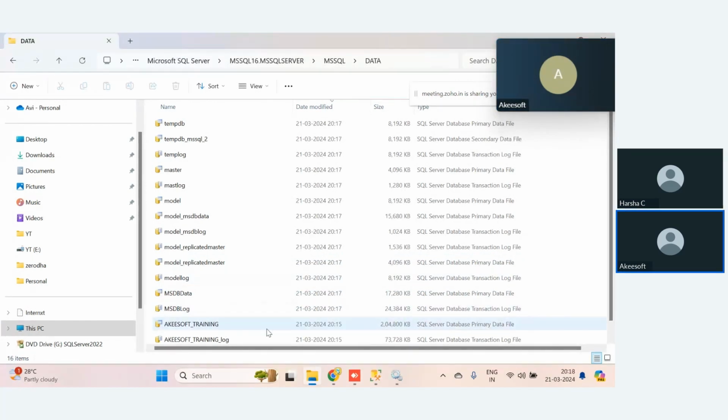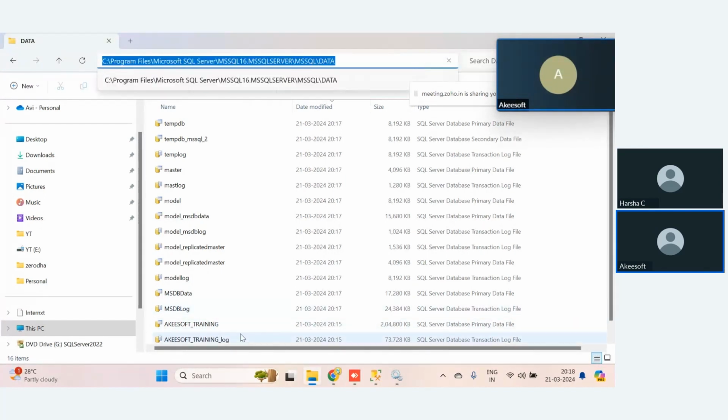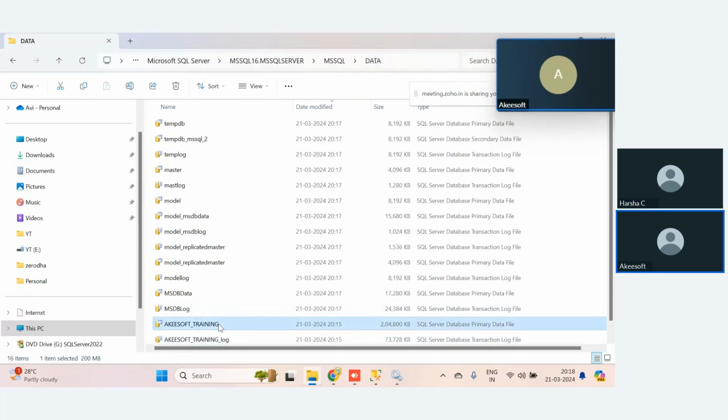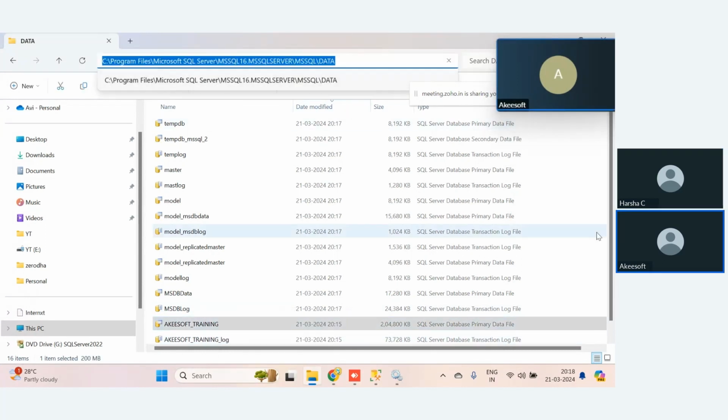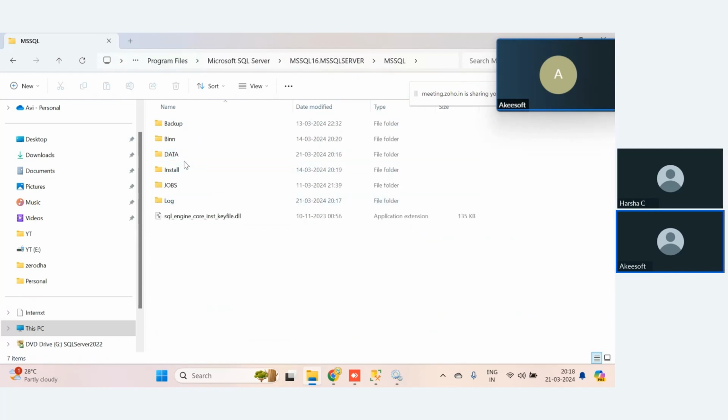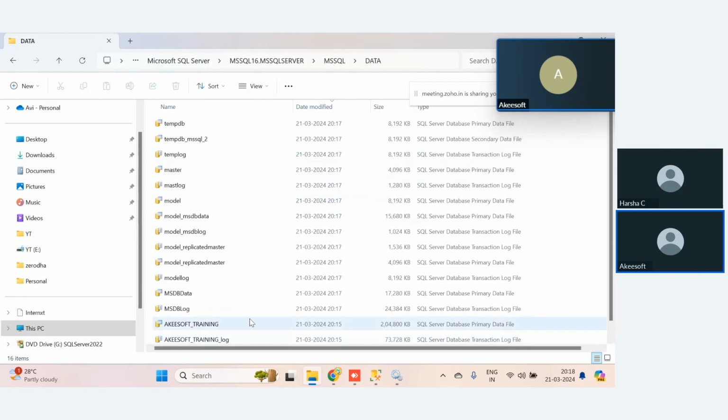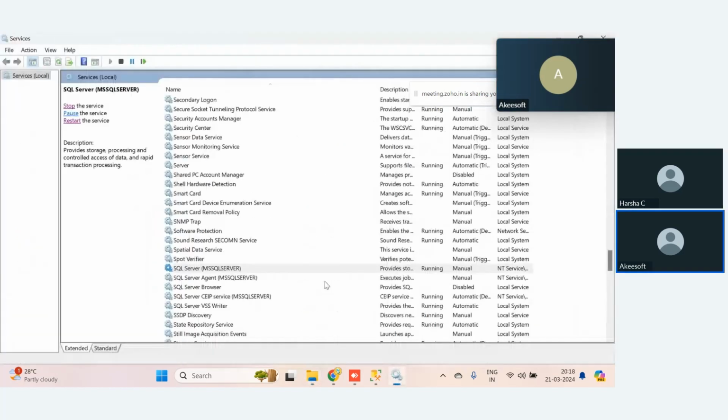See, what I did is first I removed them. SQL Server will check this location whether the files are there or not. What I did is previously I moved this file to a different location. So let me stop it again and see what I'm